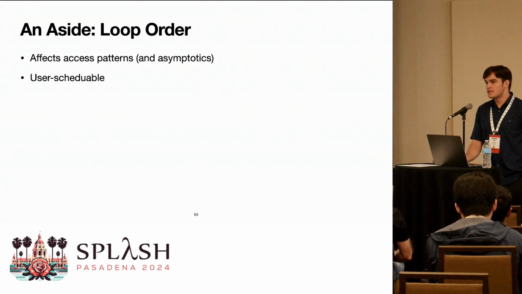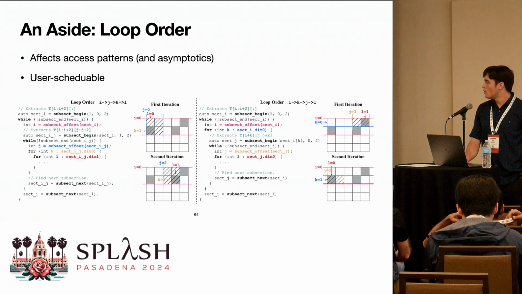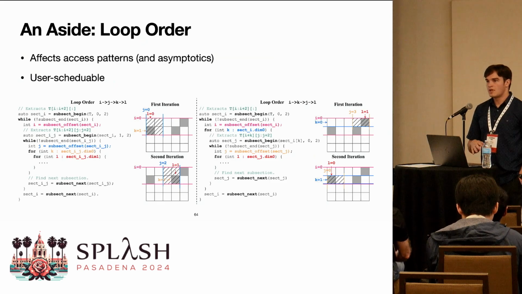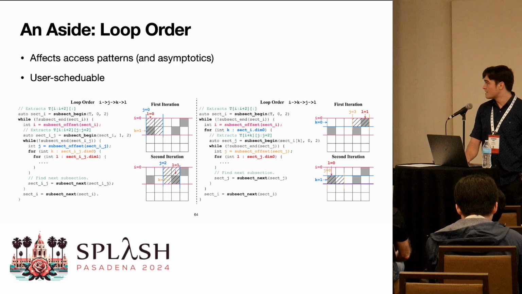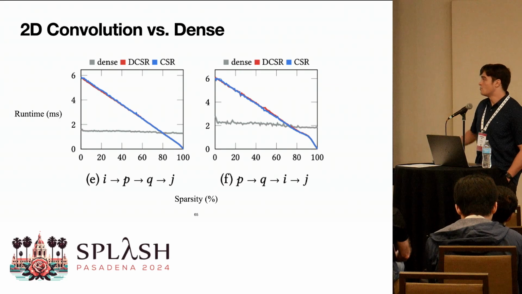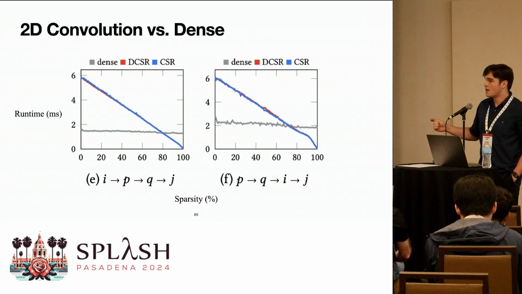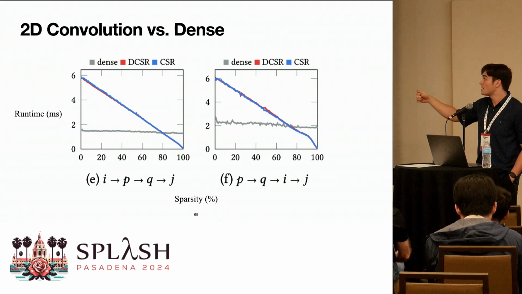This matters both in the dense world for access patterns, but it also matters in the sparse world as well, also for access patterns, and sometimes for asymptotics. So as a result, we actually made loop order user schedulable in our system, and we evaluate in the paper both the qualitative and quantitative trade-offs of different loop orderings. So this is a side-by-side of what the different code looks like, but we also perform evaluation for the different loop orderings. So for 2D convolutions, we compare against the dense case because Taco UCF actually can't do 2D convolution